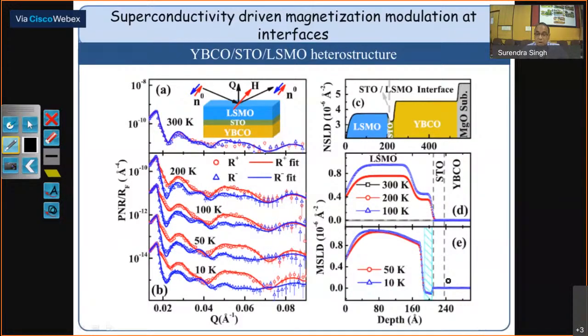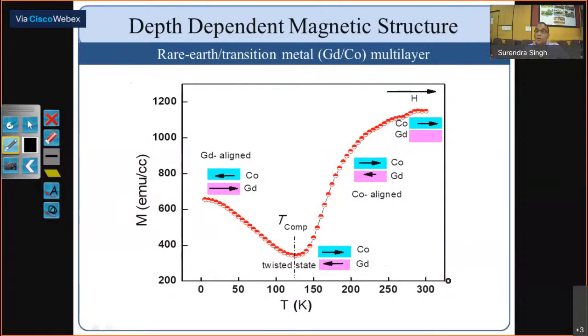Okay. So let us now move to another system, where we are using another strength of polarized neutron reflectivity, which is how to get depth profiling of the magnetic structure. Till now, I was saying how we get the magnetic moment, which is totally aligned along the field direction. But there are systems where the magnetic structure is changing. All the magnetization in the whole layer is not aligned with the field, and there is some rotation and other things happening. Then we have to get that magnetic structure, and that can be done best by the polarized